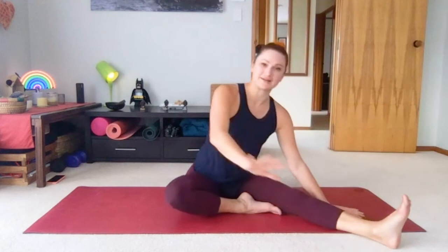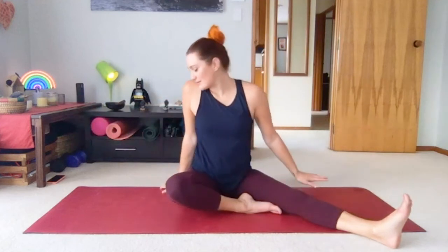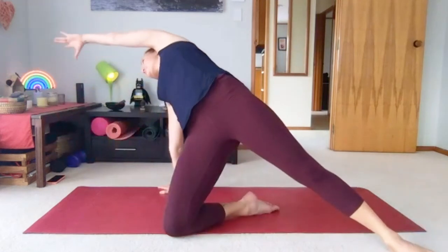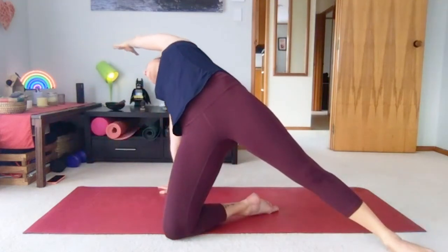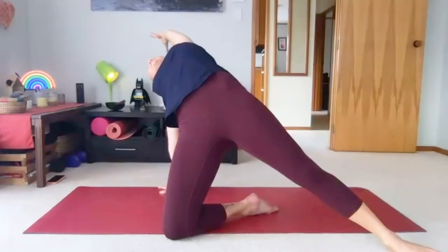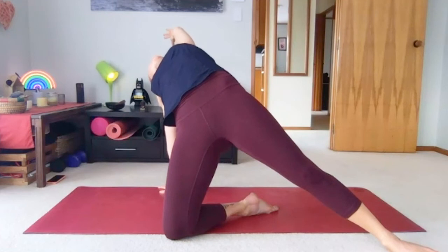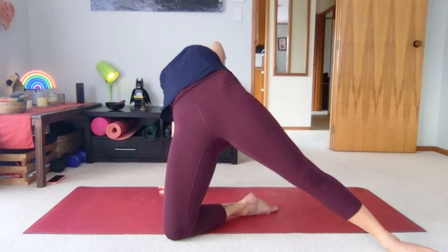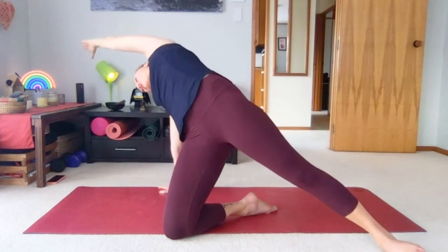Okay, coming up, hand behind hip, shoulders stacked over your wrist, lifting off. So reach fingers away and then rotate your body open. Maybe you can turn your chest upwards, press against the bottom hand, press against the foot on the ground. Stay for one more breath. Lower with control